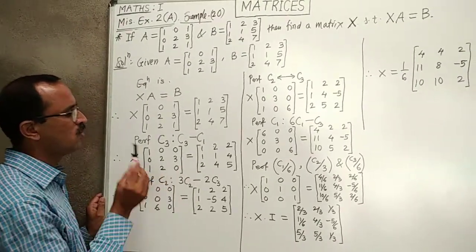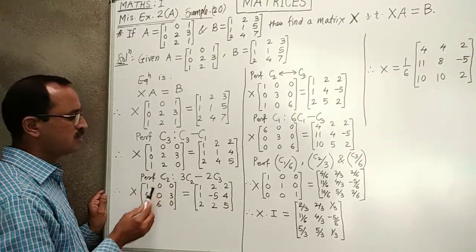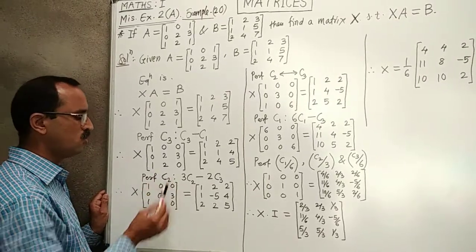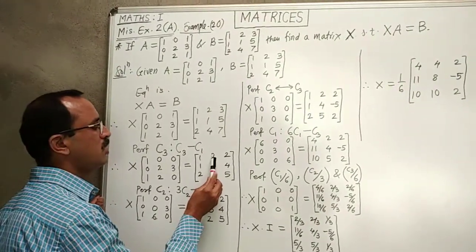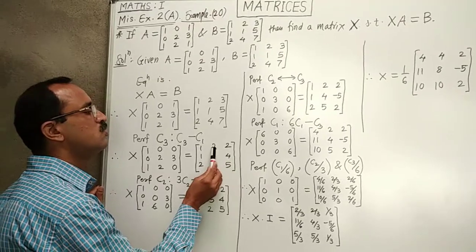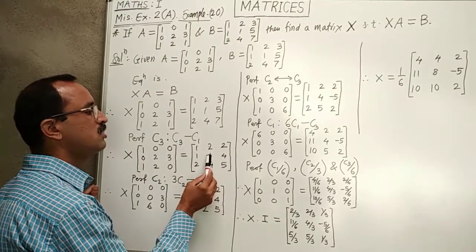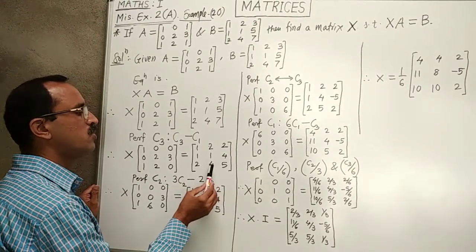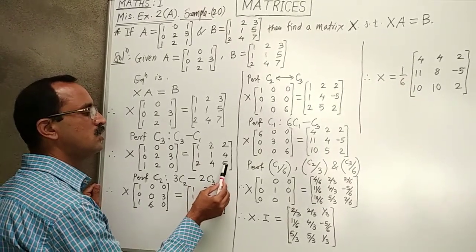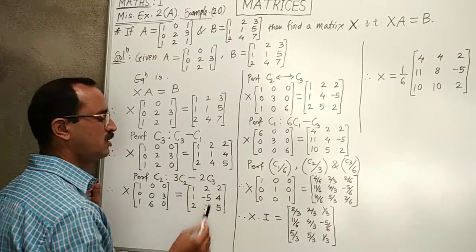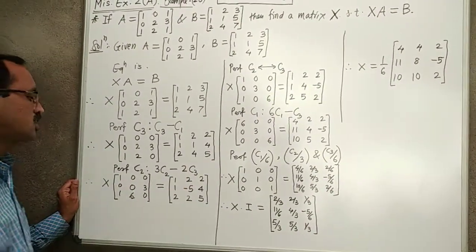So 0 6 0. So 0 minus 0, here we get 0. 6 minus 6, 0, and 2 into 3, 6, 6 minus 0, 6. Similarly on the right hand side, this element is multiplied by 3 and this element by 2: 3 into 2, 6 minus 4, that is 2. Here multiplied by 3, 3 minus 8, minus 5. Here multiplied by 3, 4 into 3, 12, 12 minus 5 into 2, 10, means 12 minus 10, that is 2. So in this way we complete this transformation.